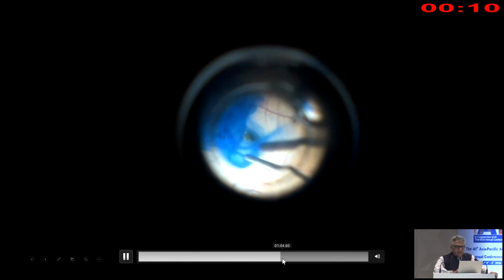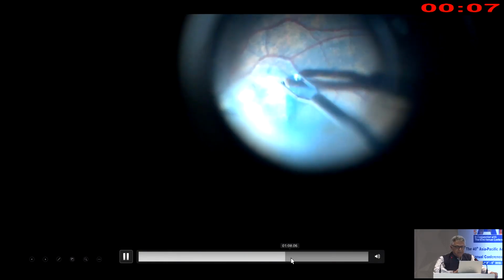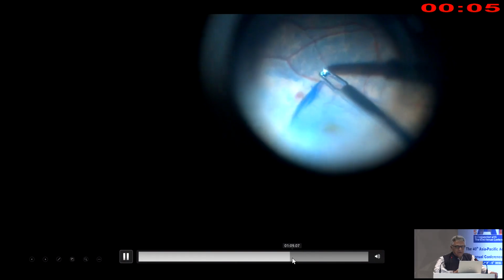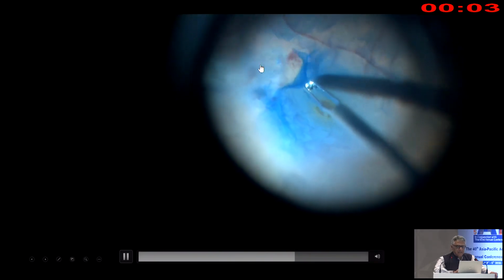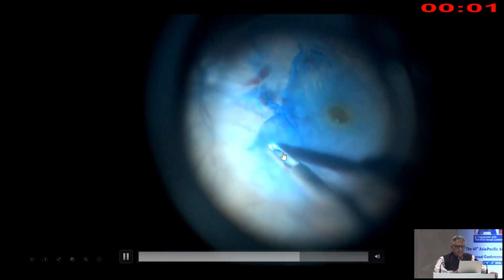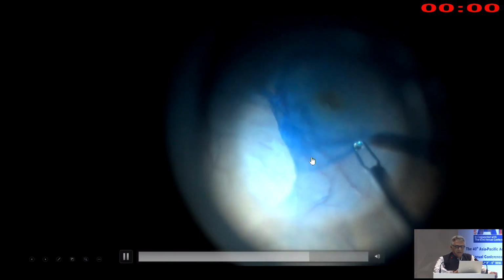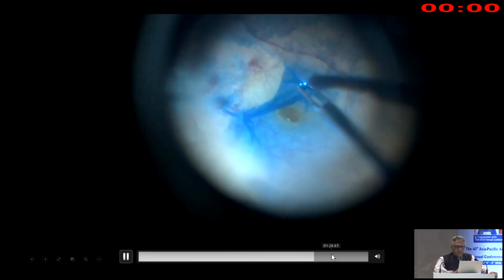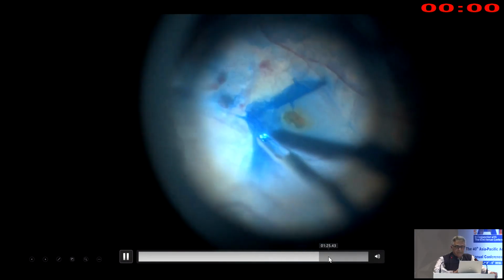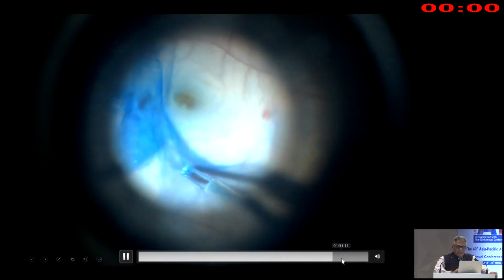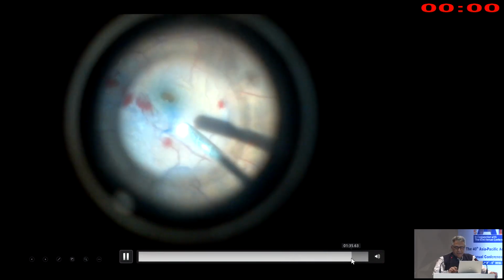Now you inject the third dye, that is BBG, or the blue ICG we call that. You see this entire sheet of ILM gets nicely stained after the first membrane has come out, that is the epiretinal membrane. And then you can remove this sheet also entire. And then you can do airflow exchange and gas injection.